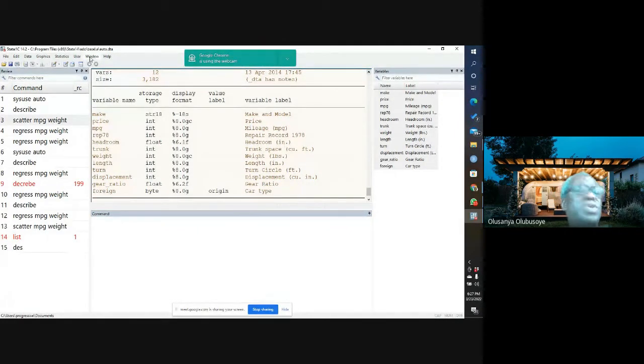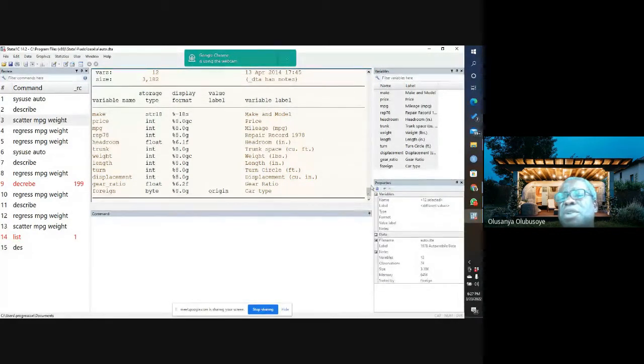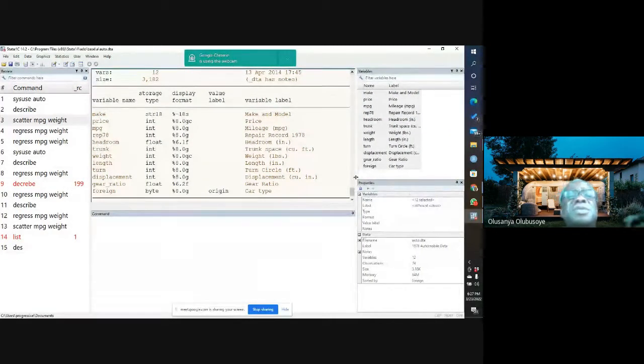Then you can go to the window menu, select properties, or simply press Control+5. So I can have it. Once you do that, you will have the property window appearing on your Stata